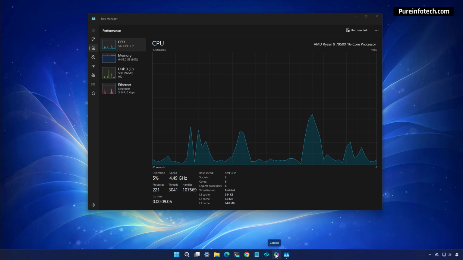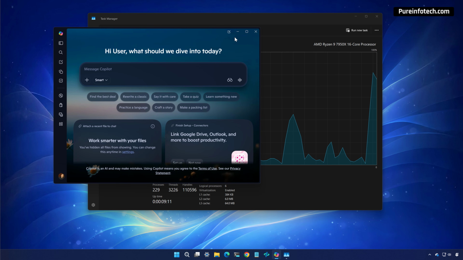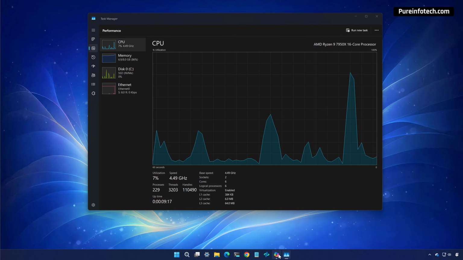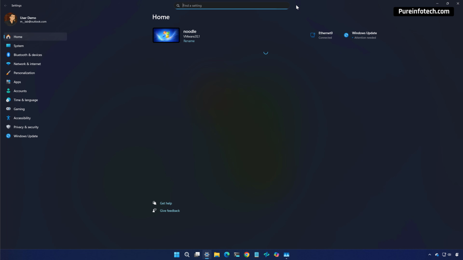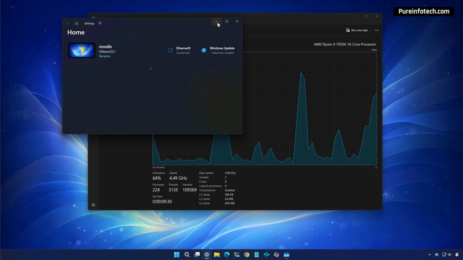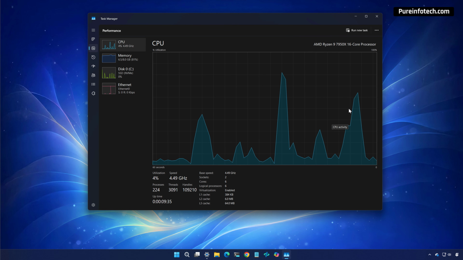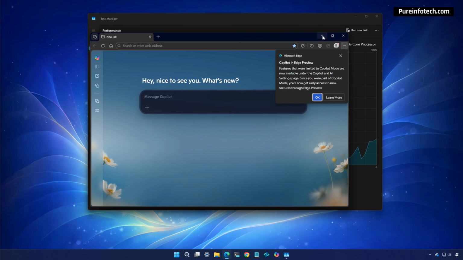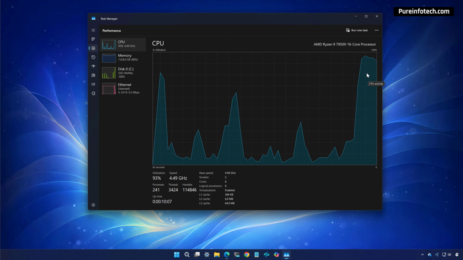And now I'm going to open Copilot. And you can see the spike right here. Now I'm going to open the Settings app. And you can see the spike right here. And now let's open Microsoft Edge. And here we can see the spike opening